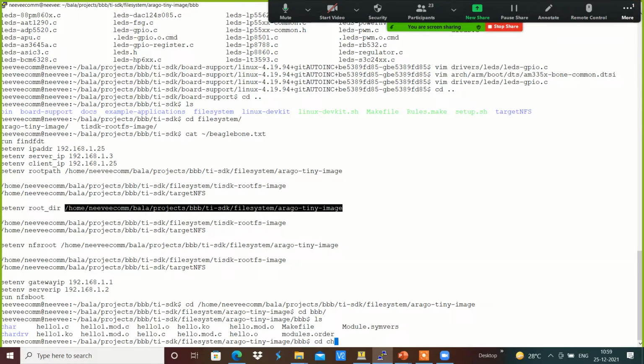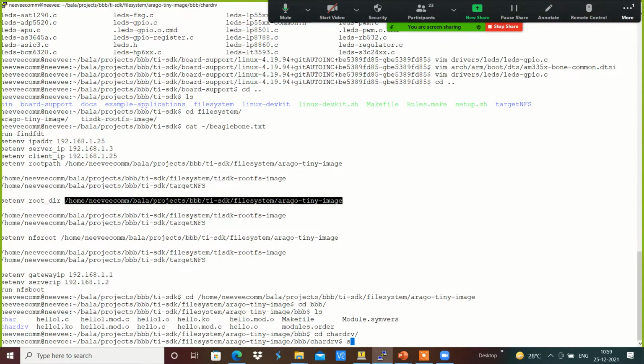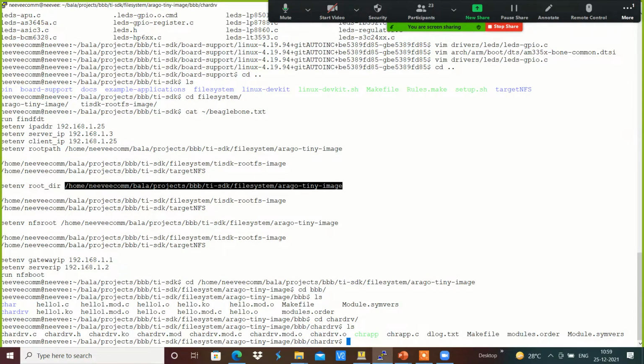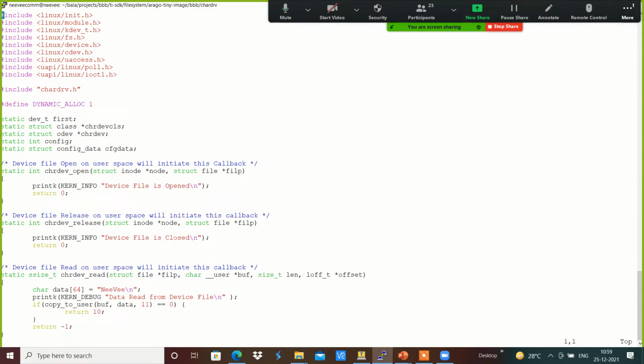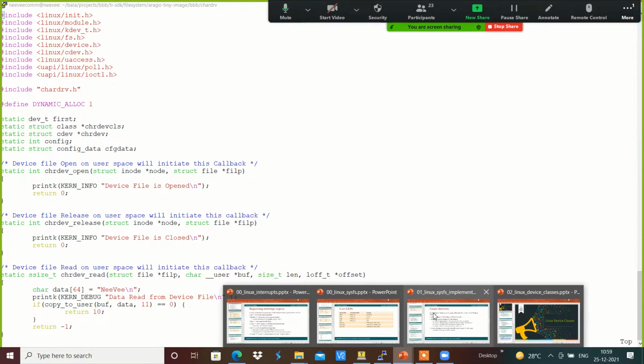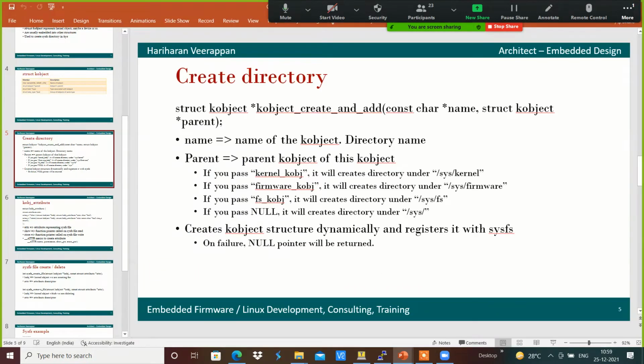Inside that character drv, I am going to add the functionality of creating a kobject. Inside character drv.c, I am going to use a function called kobject_create_and_add.